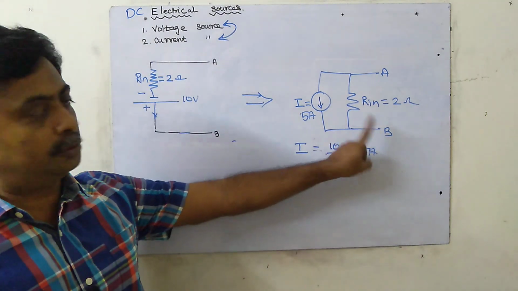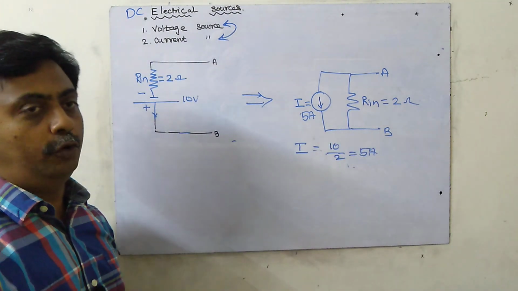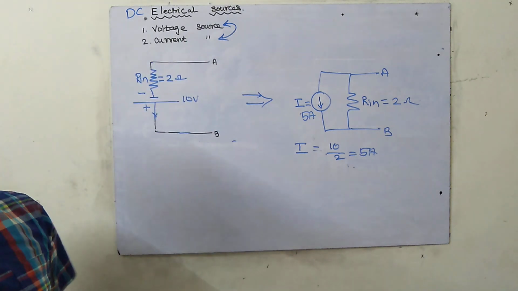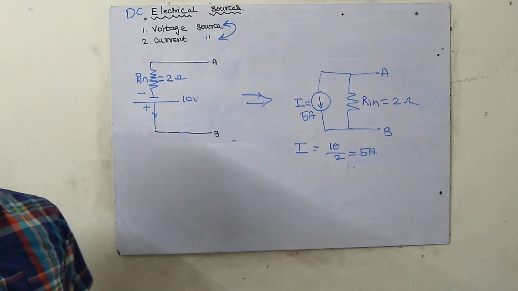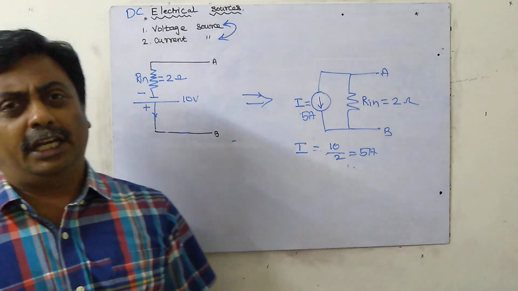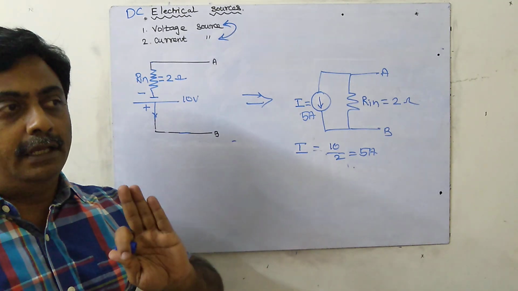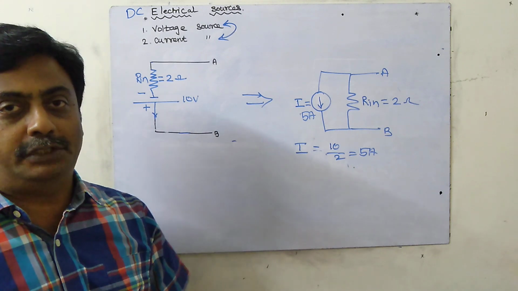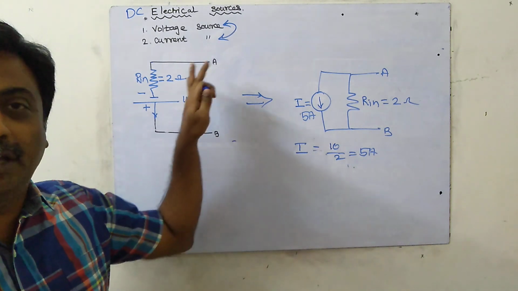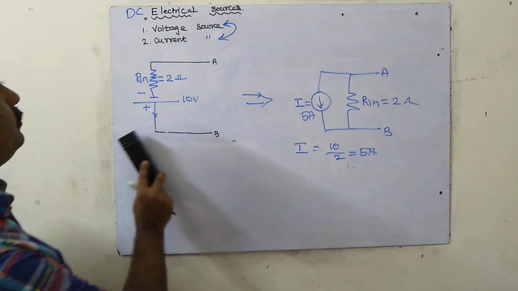Suppose they are giving a current source, we have to know how to convert it into a voltage source. This is about electrical DC sources, voltage source and current source. Mainly in the first unit we are concentrating on the DC sources only. Even though it is common, for all the problems, both DC and AC, we have to see all the theorems, everything. But mainly we are focusing on DC circuits. Next thing,